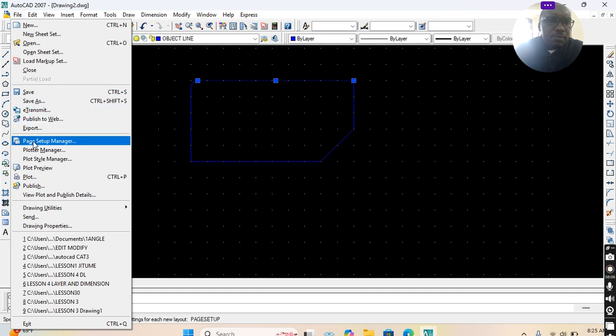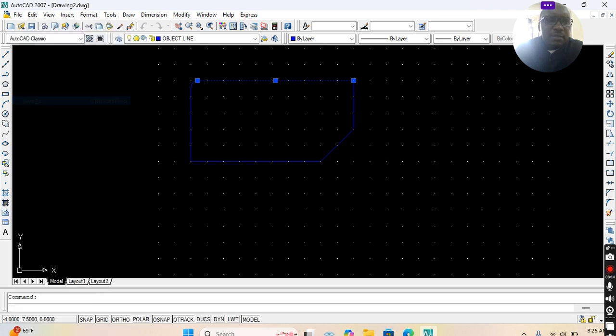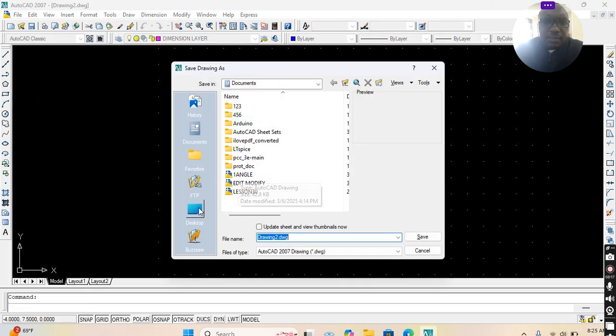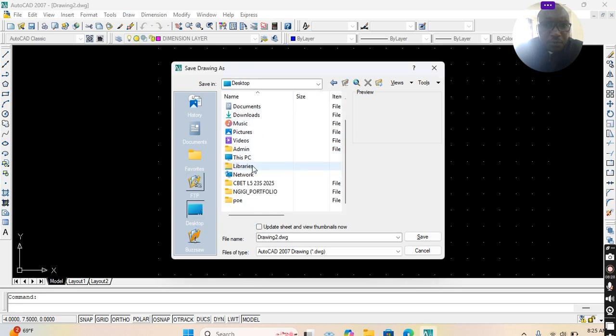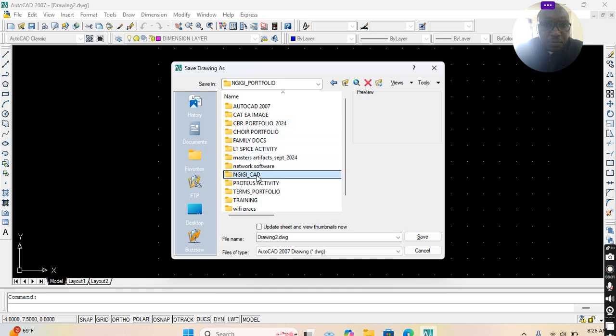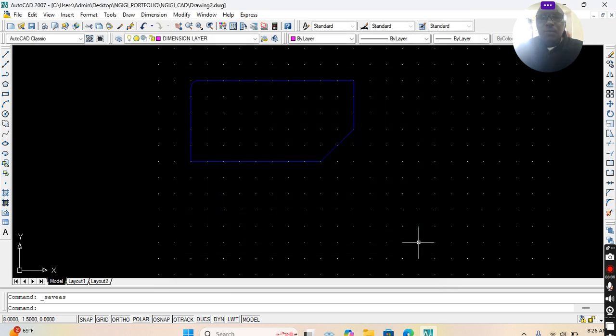So you can save it as, it's important to create a folder, then you do a save as. So you can save it